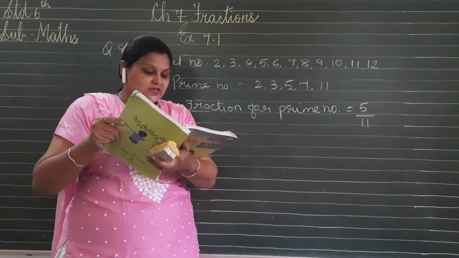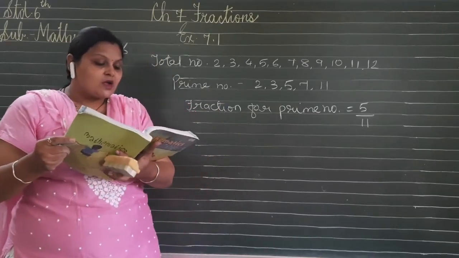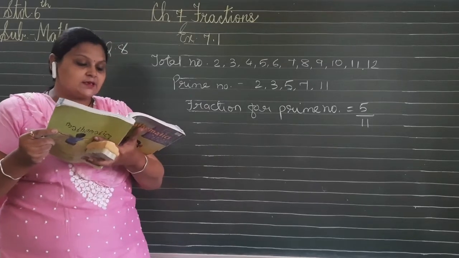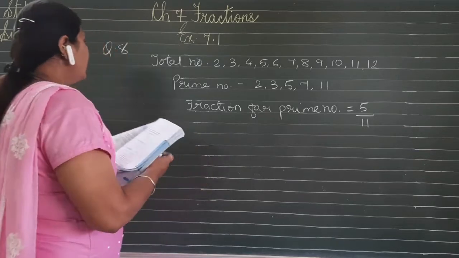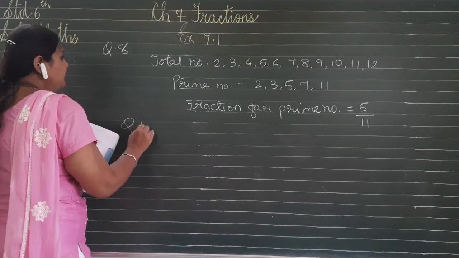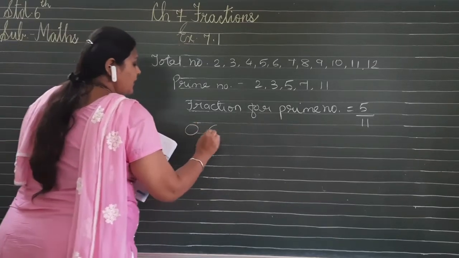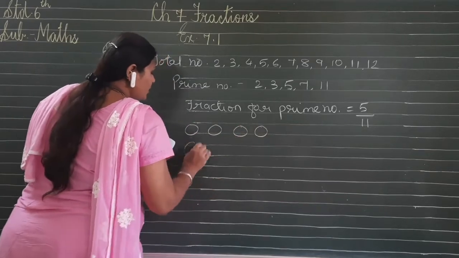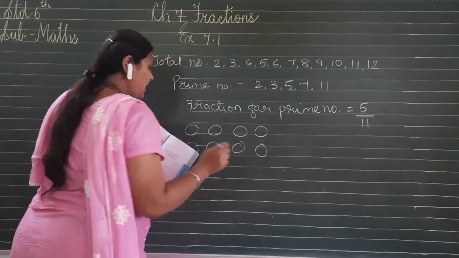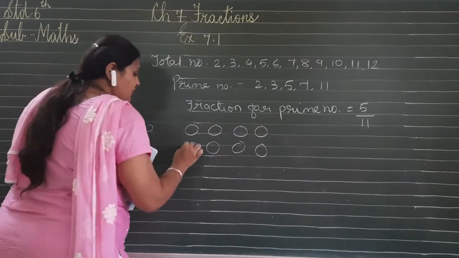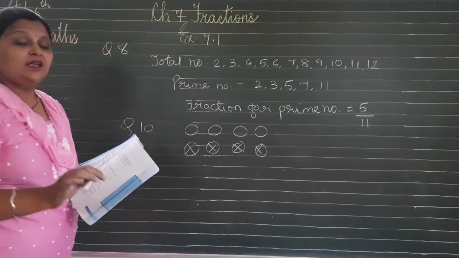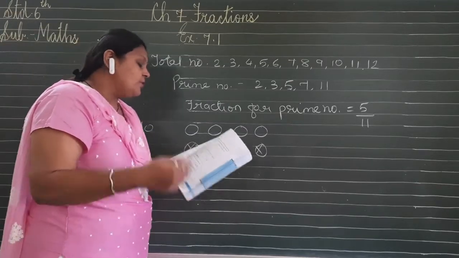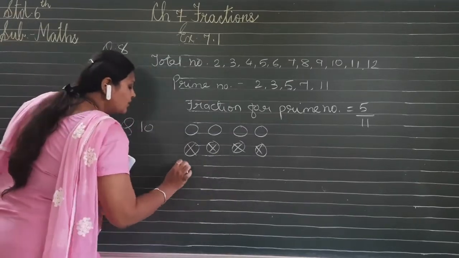Now let us see question number 10. What fraction of these circles have x in them? Here you are given 8 total circles: 1, 2, 3, 4, 5, 6, 7, 8. Out of these 8, 4 circles have an x sign in them, and that is what we have to find out. So here we will write